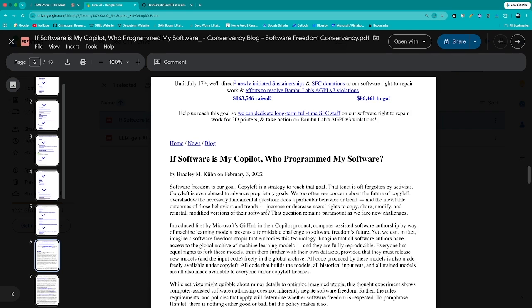So, introduced first by Microsoft's GitHub in their Copilot product, computer-assisted software authorship by way of machine learning models presents a formidable challenge to software freedom's future. We talked about how this presents a challenge to maintainers and to organizations, but it presents a challenge to the whole open source productivity model. There are different ways in which these challenges happen, but basically we have large corporations with these models, and then people use the models